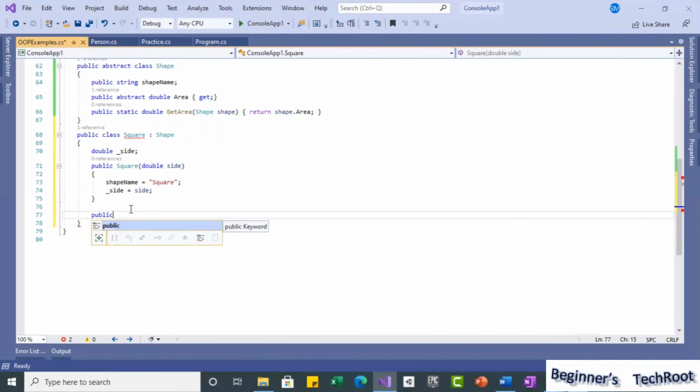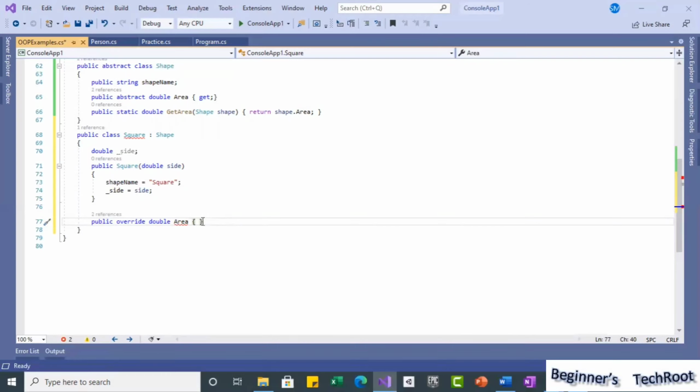So how can we do it? Public override, and then the type we have, same double, and then the area. In this property we can implement only get, we cannot implement set.